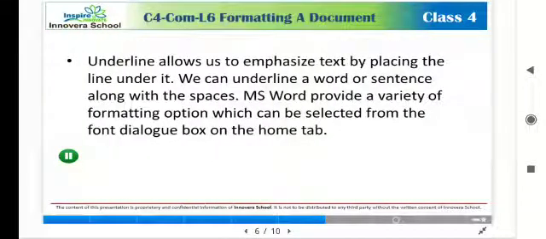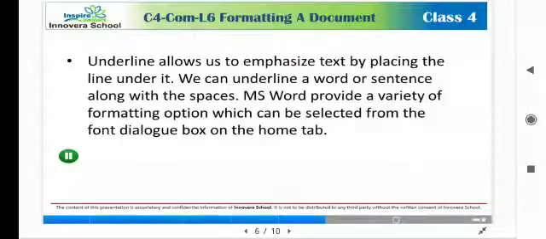Underline allows us to emphasize the text by placing a line under it. We can underline a word or sentence along with the space. MS Word provides a variety of formatting options which can be selected from the Font dialog box on the Home tab.